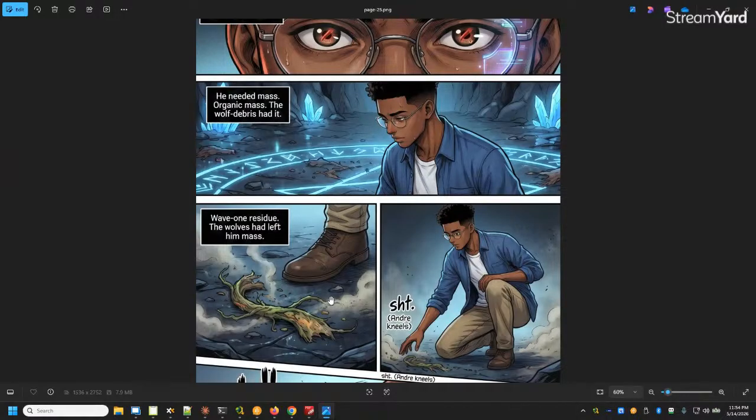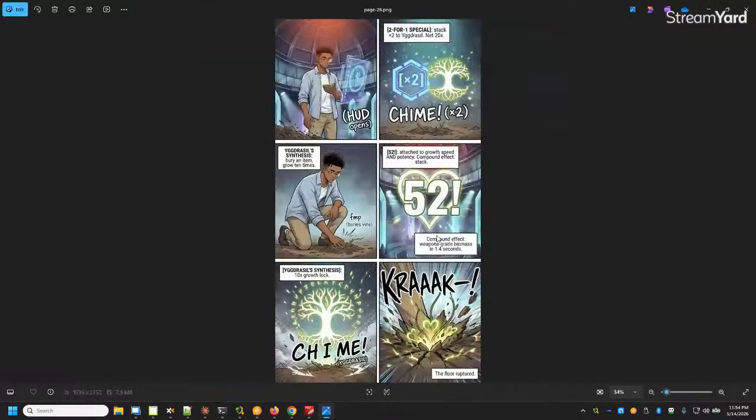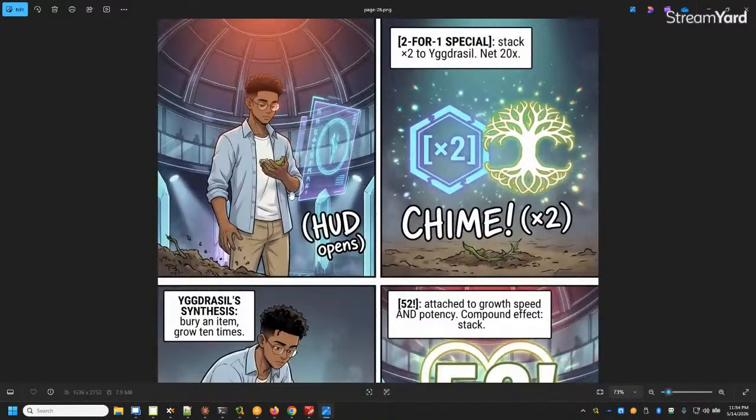Wave one residue, the wolf's had left him mass. What? Step one was a sprout. This is a fragment of dead organic mass. The math just changed. I want to see how the bot changes the ability or changes the plant. All right, so I'm guessing he's going to grow it. All right, HUD opens, 2 for 1 special